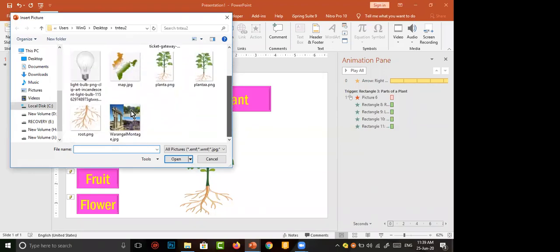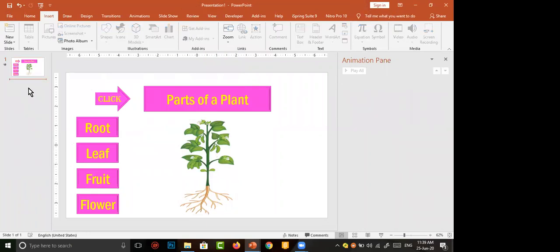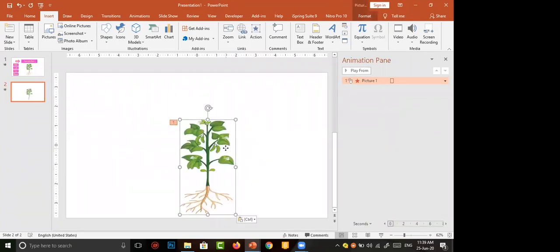I have a root picture. Suppose you don't have the root picture, just copy. I make a copy of the plant picture, then I make another slide. I move to the second slide and paste the plant.